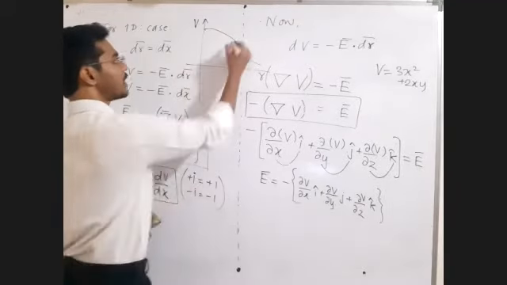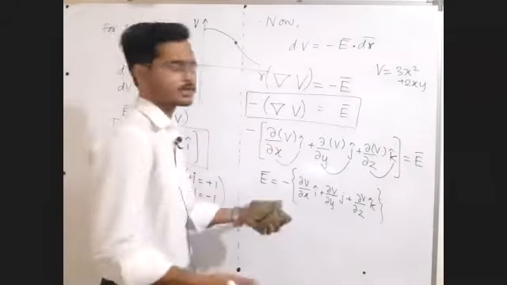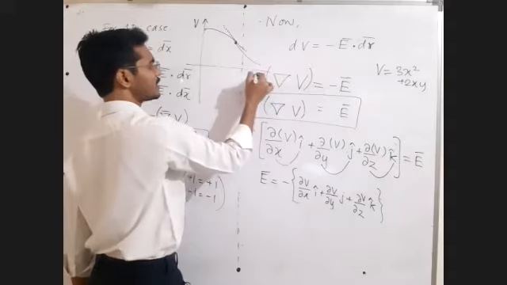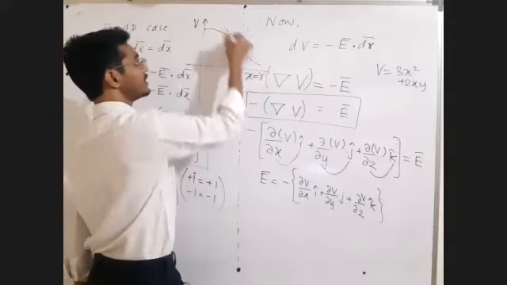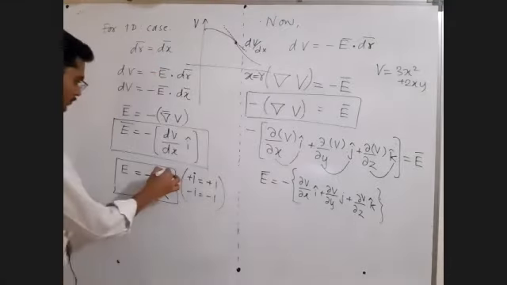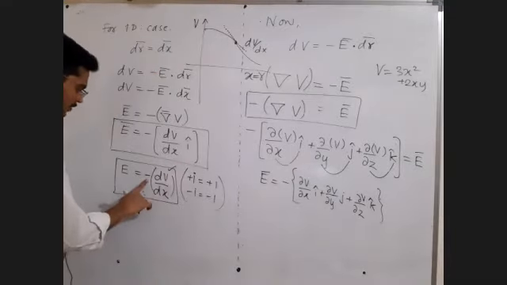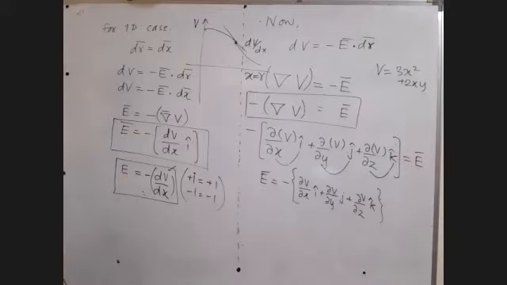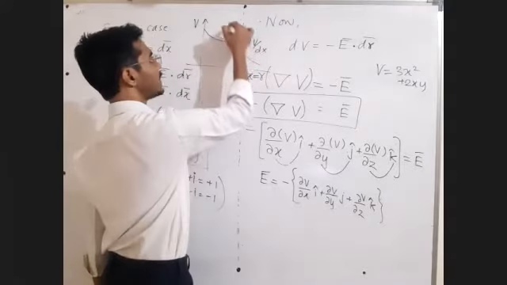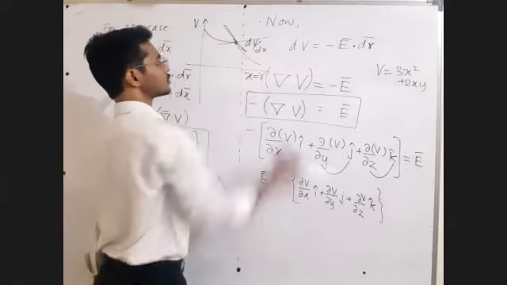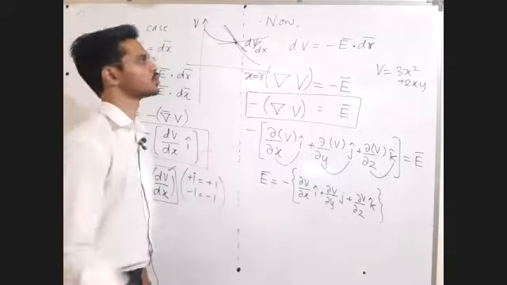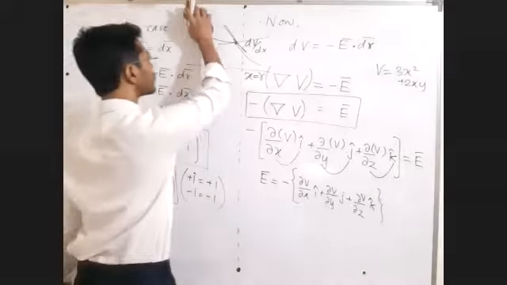Now you will understand. At this point, how to find out electric field? At that point I will find out dV by dr. Now this dr is only one dimension, you may call it as x, so dV by dx. dV by dx will give you slope. Just multiply it by minus sign, you will get electric field at that point. And if the graph is like this, at the same point we will have this as a slope as well as this as a slope. How can two values of electric field be there at a given point? Only one value should be there. Okay, sir. Now you got it.